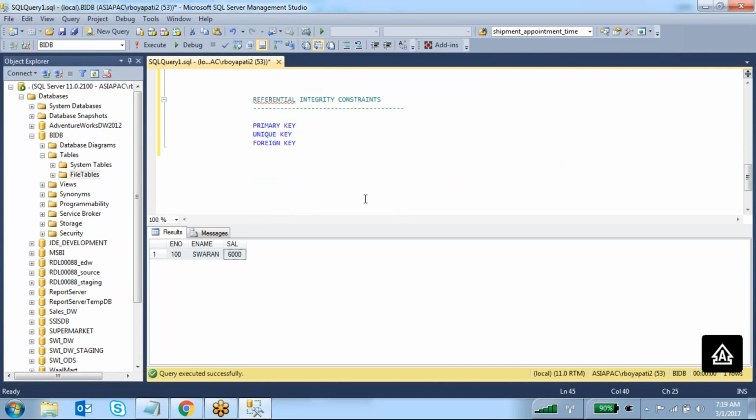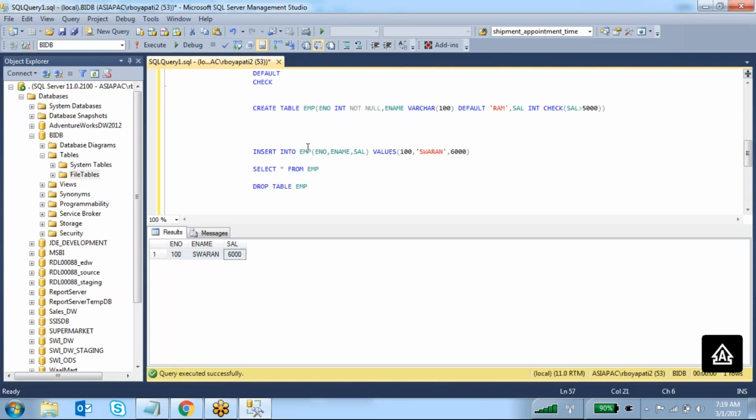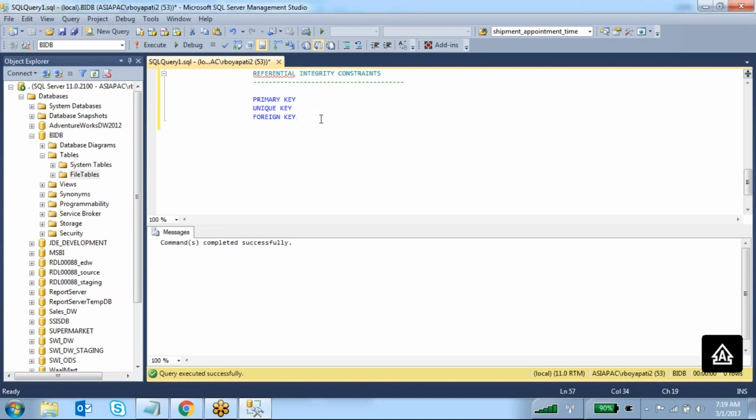Right, coming to the integrity constraints: primary key and unique key, and the referential integrity constraint, which means foreign key. So what is a primary key constraint? Any idea, guys? What is a primary key constraint?